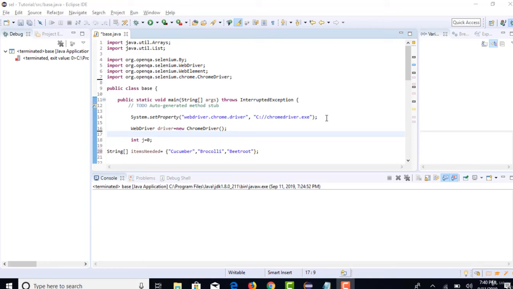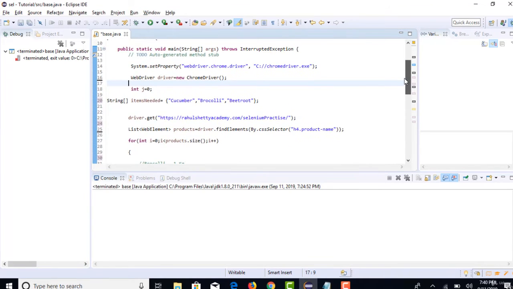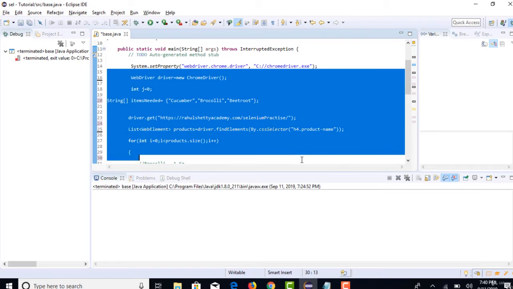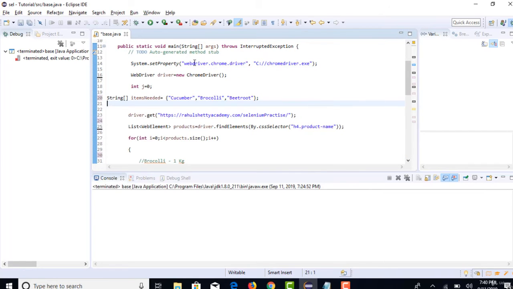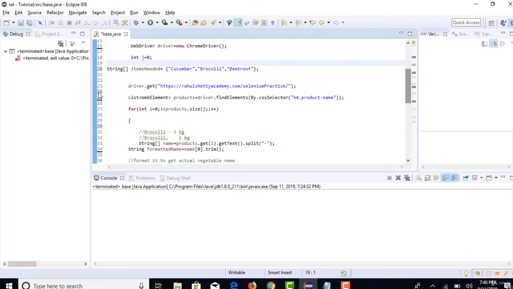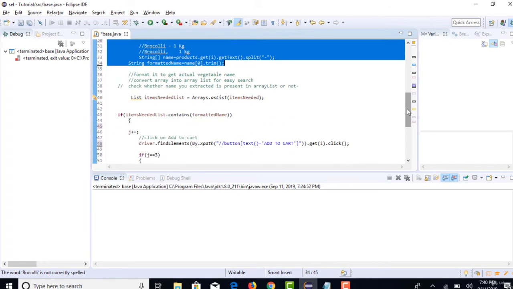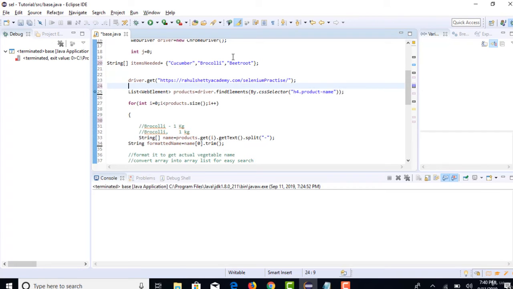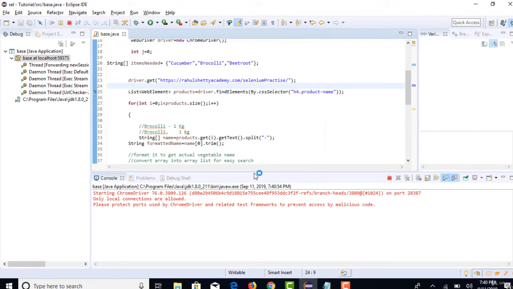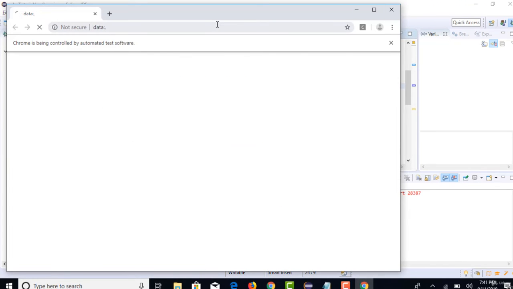Alright, so let's run this test and see how it goes. But to appreciate all the coding we did, if we see this execution in debug mode, you will get a more clear picture of what we have accomplished. I'll put a breakpoint here, and then I will show how all these steps are being executed, and then you will get some confidence on what you are doing. So let's run this in debug mode. In the same way, you will also understand how to debug. There are a lot of advantages of running in debug mode.